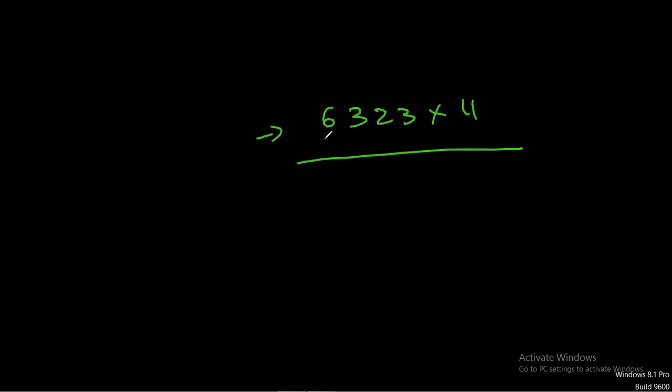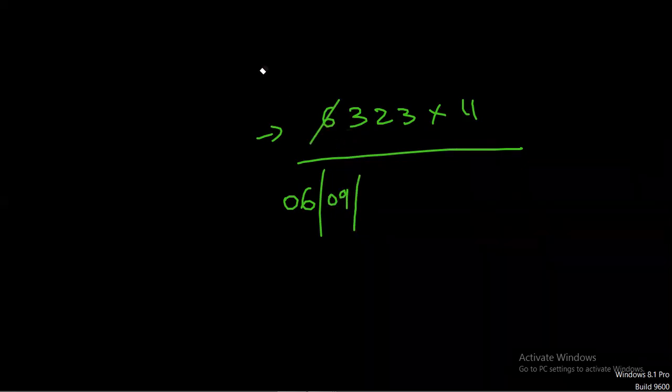So first you have to write 6 as it is, the first digit from the left side. And then we have to add the first 2 digits. I remember this, we did this already. 6 plus 3, it is 9. Then we have to strike the 6. And then we have to add the next 2 digits.